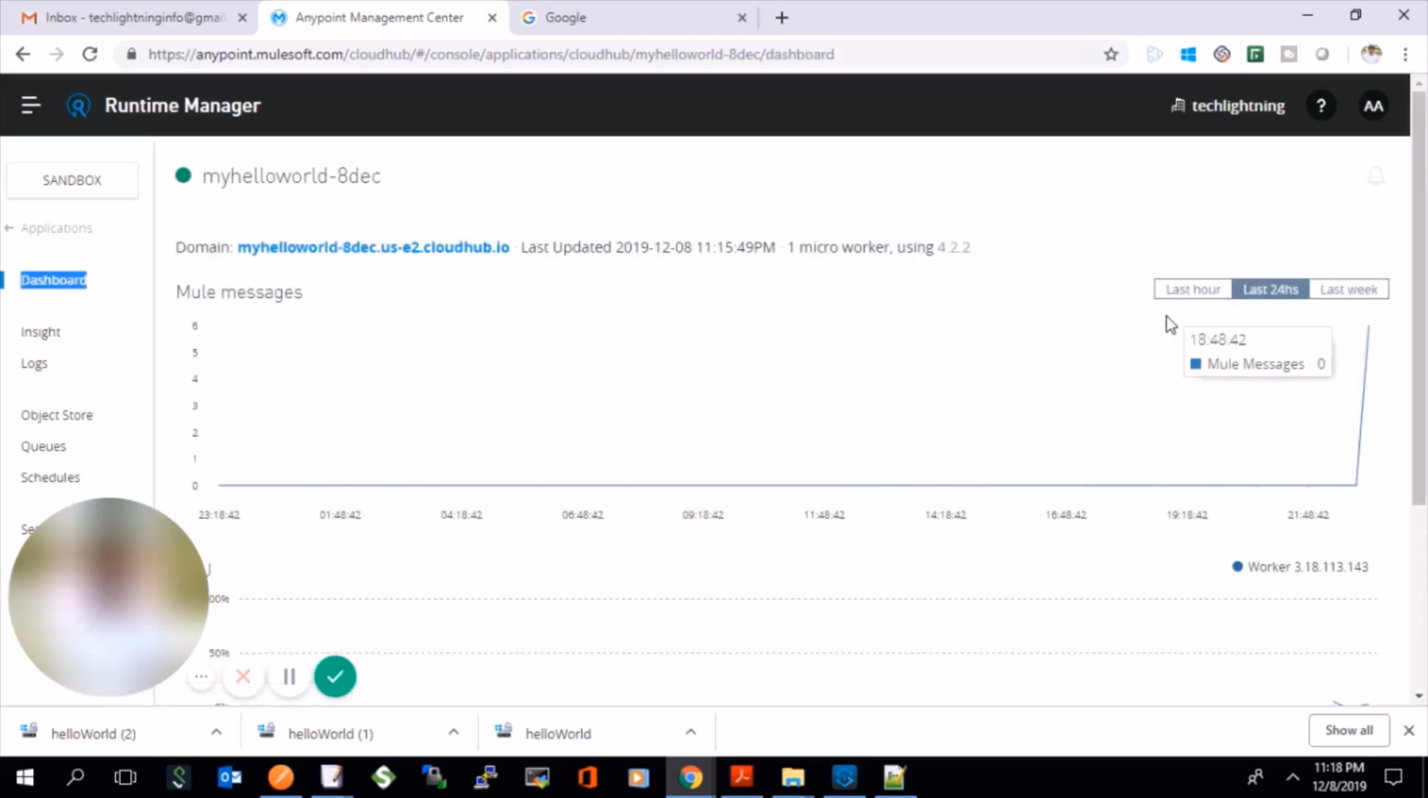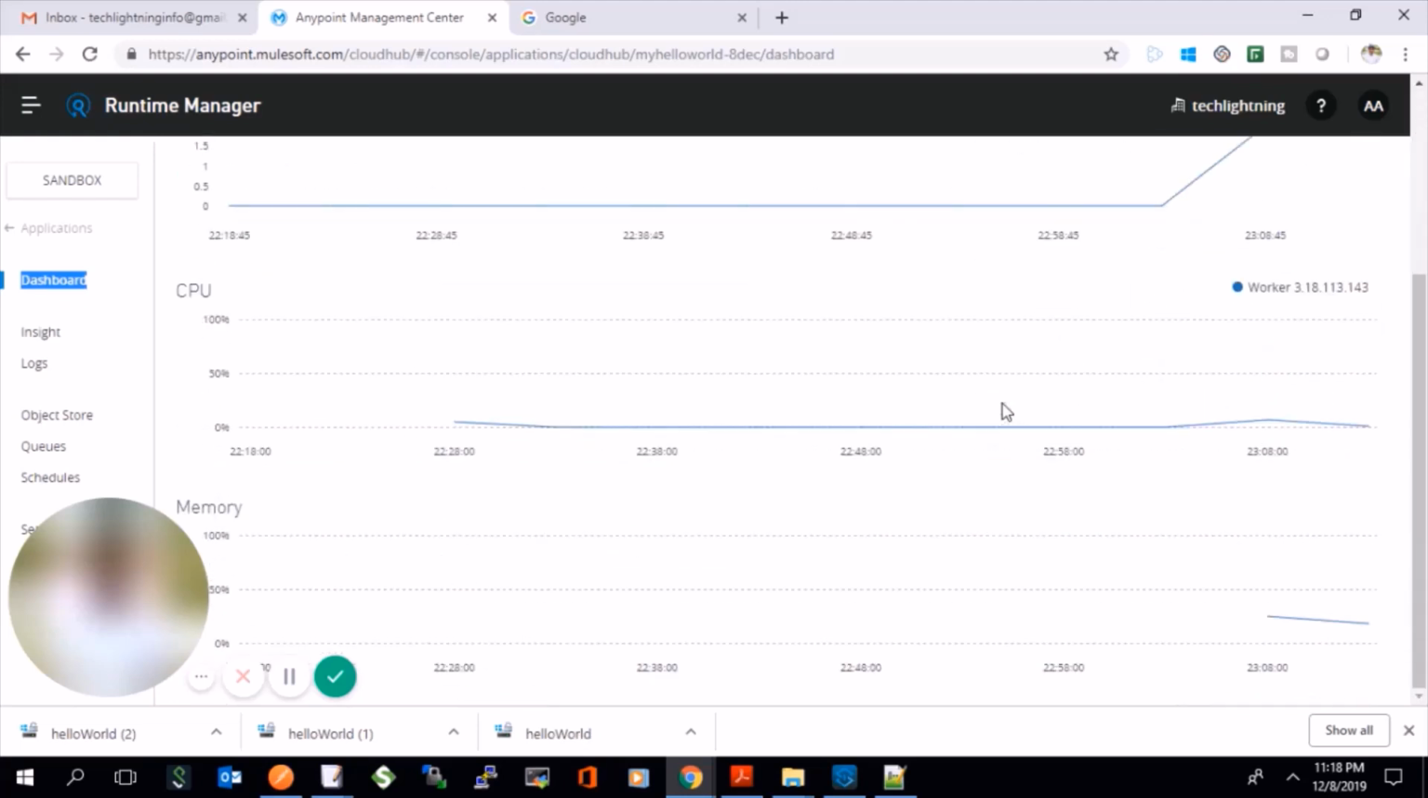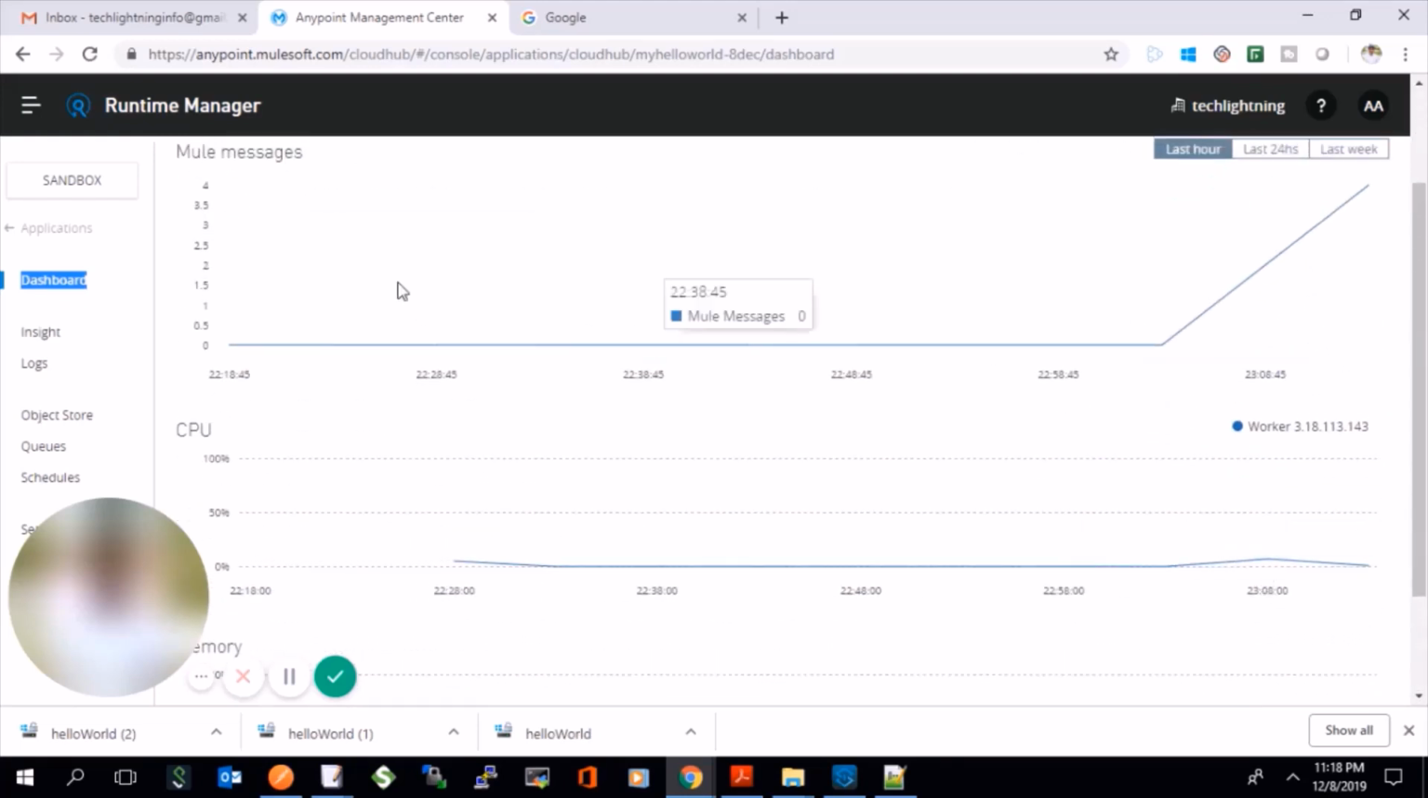So if you see here, last hour, whatever the recent transaction. So here, this particular time 0, and then 2, and then 4, total. Yeah, all the requests have been logged with the CPU message and memory. And if you need a